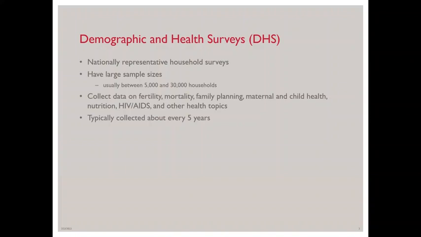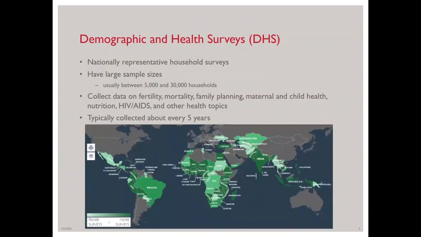These are nationally representative household surveys that have large sample sizes. So usually between 5,000 and 30,000 households are surveyed for a country. They collect data on a range of health and demographic topics, including fertility, mortality, family planning, maternal and child health, nutrition, and HIV/AIDS. These surveys are typically collected about every 5 years in a country.